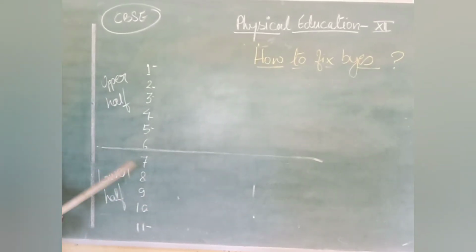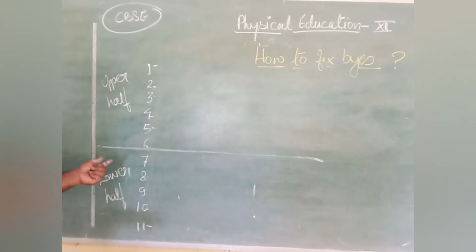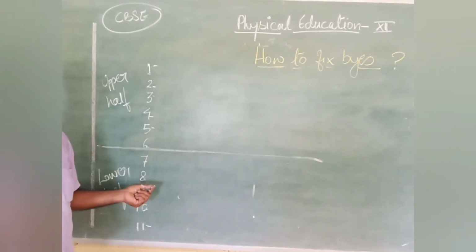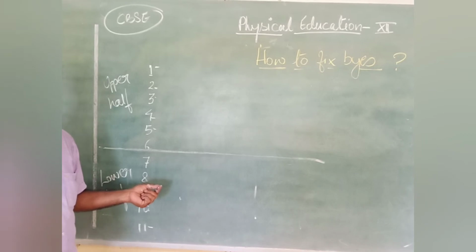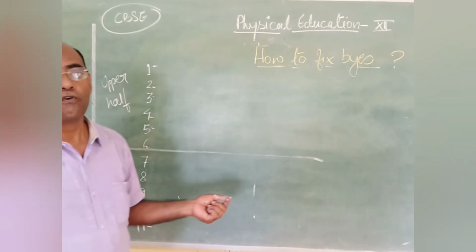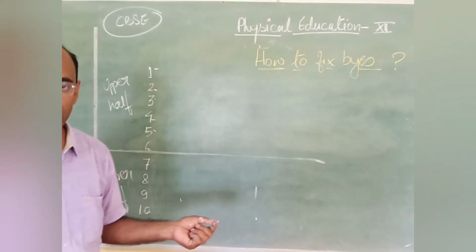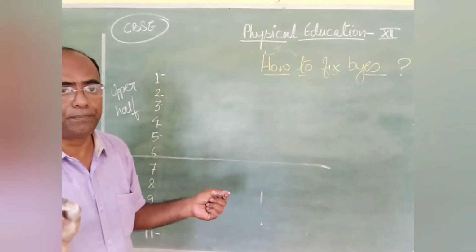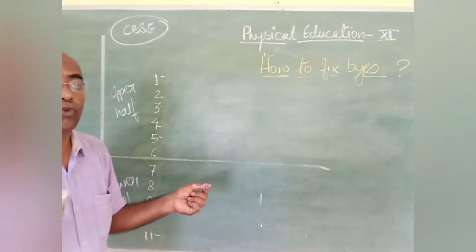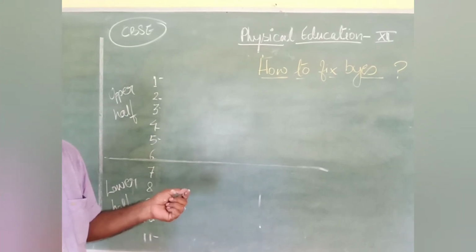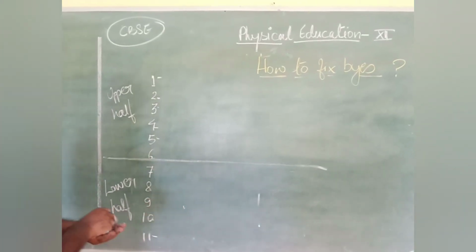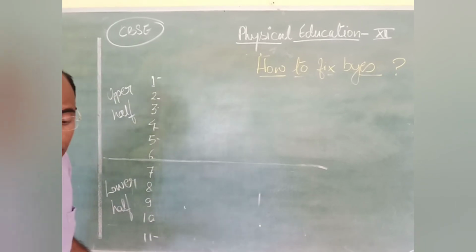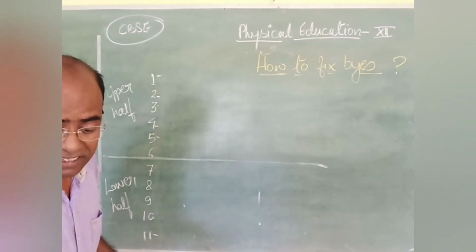Now we are supposed to place the team over here. So total number of byes, how many are there? There are 5 byes are there. So now we are going to place the teams first. Those who are getting byes, we are supposed to place them first. Okay, and we are supposed to write over there byes number.